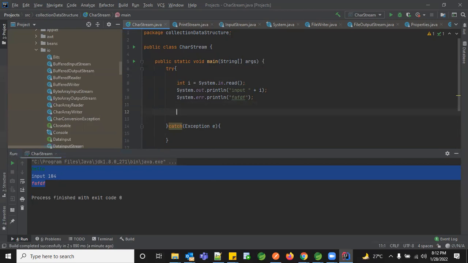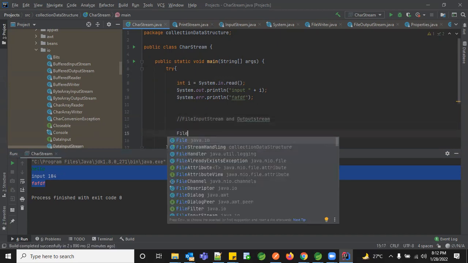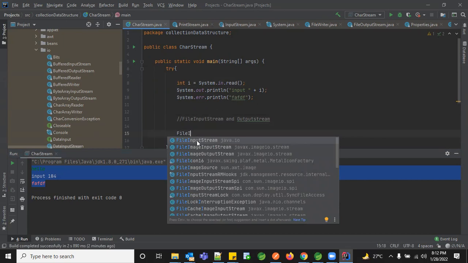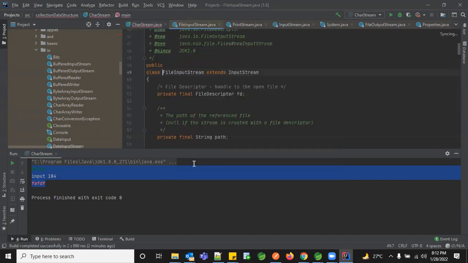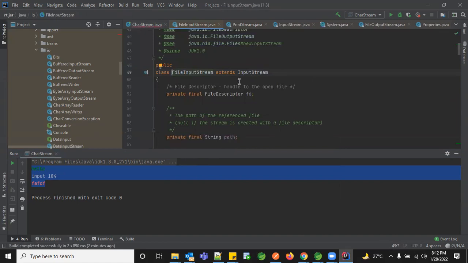So let's try file input stream and output stream. This again extends your abstract class input stream.